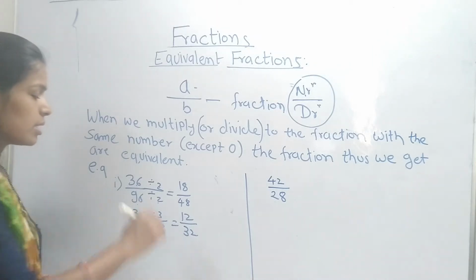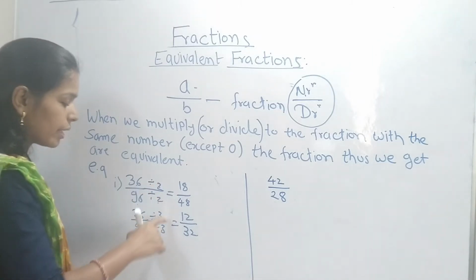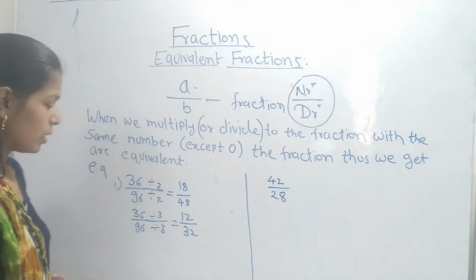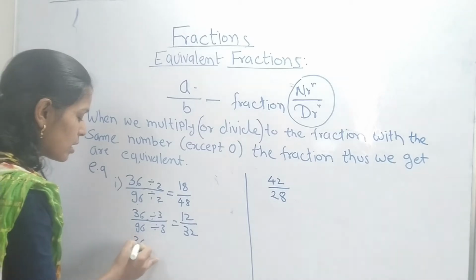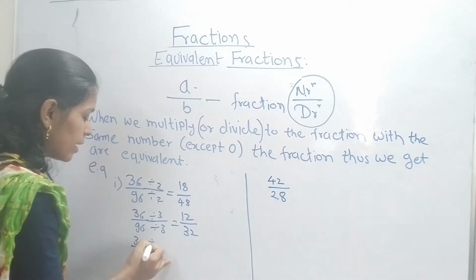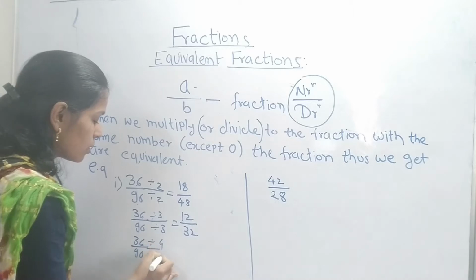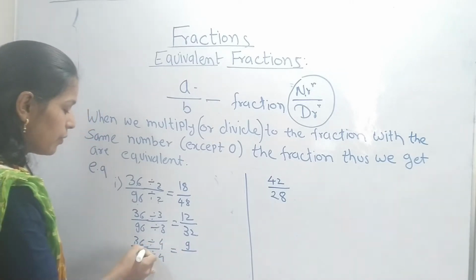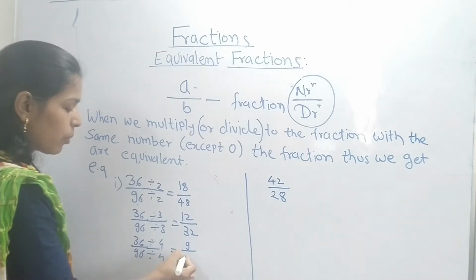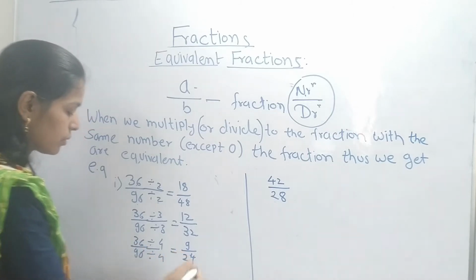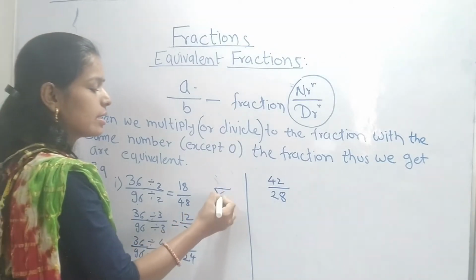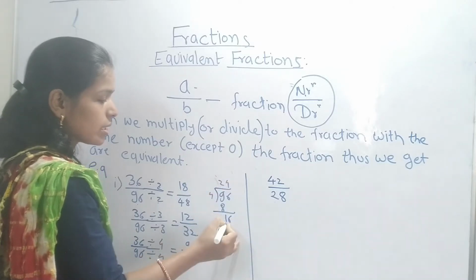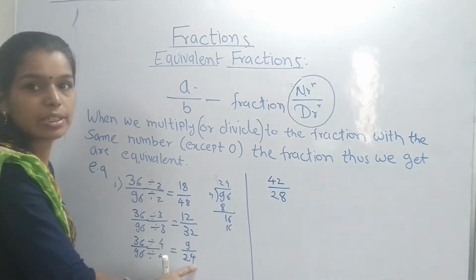Now again this 36 and 96 are both divisible by 4 also. Let's check there. 36 upon 96 divided by 4. What is the division? We know that 4 nines are 36. And if you divide 96 by 4, you will obtain 24. 96 divided by 4. 4 2s are 8, remainder 1. 4 4s are 16. So 24 is the quotient that I have written over here.